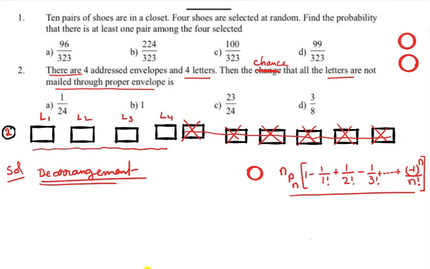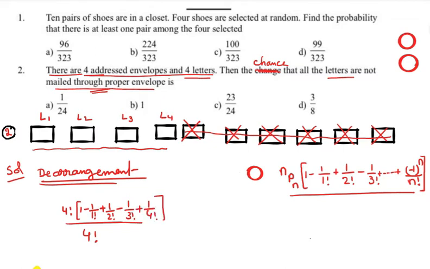So he is saying 4 letters. First of all, these 4 letters can be arranged in 4 envelopes in 4P4, that is 4 factorial ways. All the letters have to reach the wrong address. That's why derangement of 4 objects. That means 4 factorial into (1 minus 1/1! plus 1/2! minus 1/3! plus 1/4!). I hope you can do this simplification. You are going to get the answer for that.